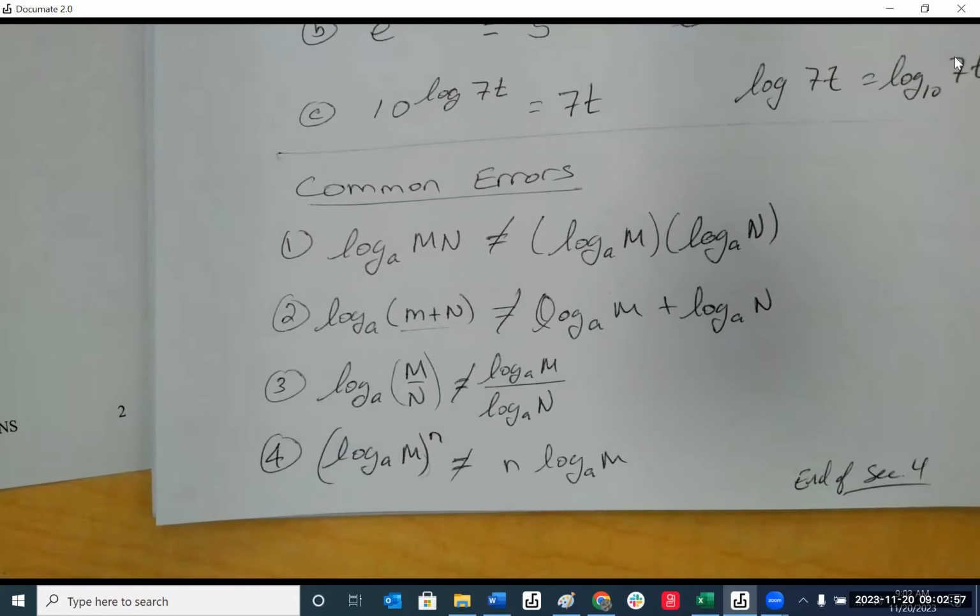That's the end of section 4. Let me stop this so we can do